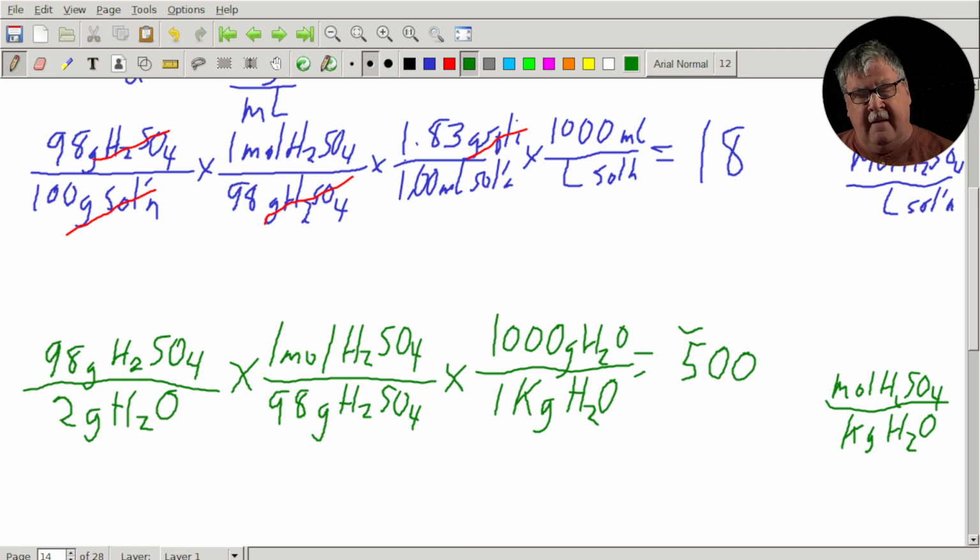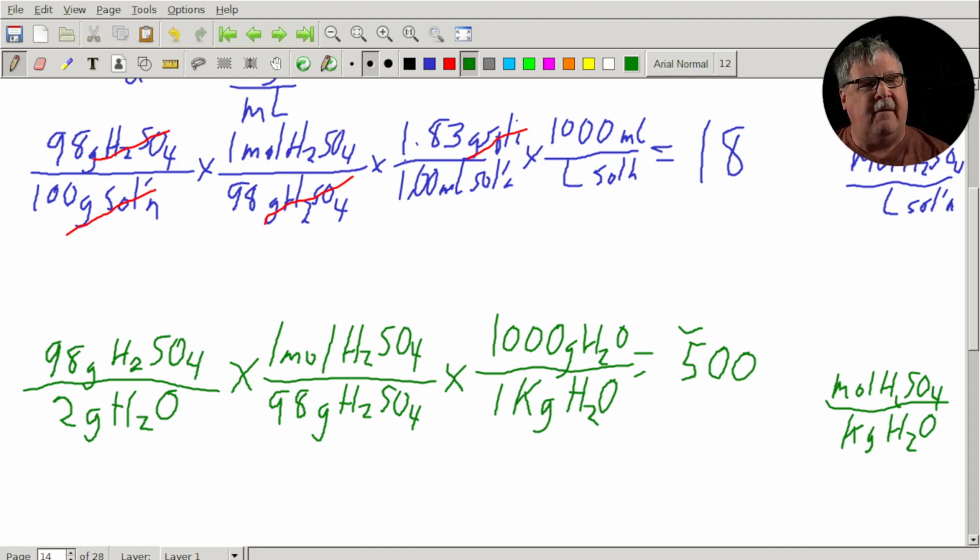All right, so in this particular case, the molarity and the molality are vastly different. And that's because we have such a small amount of solvent present in this solution. If you have solutions that are 50% by mass or less, then you would expect the molarities and the molalities to be more in line with one another. Okay, and you can convert from one to the other using this same methodology. All you have to do is to know the density of the solution.